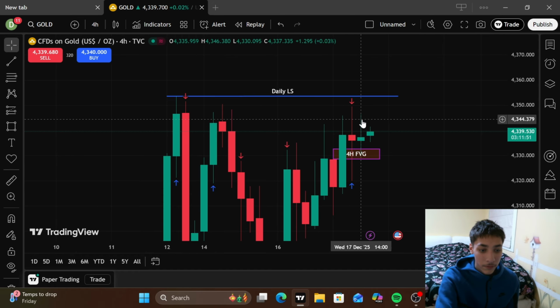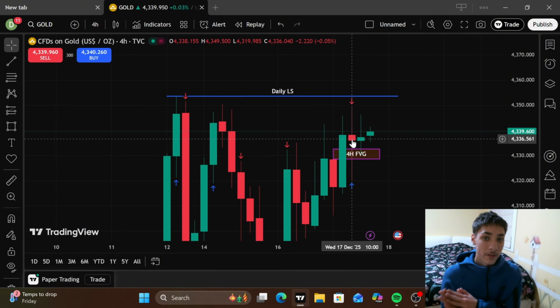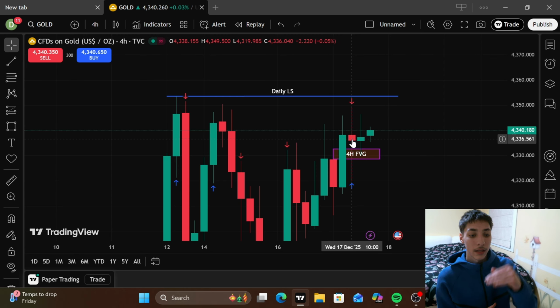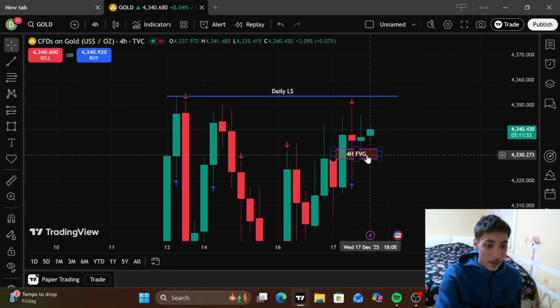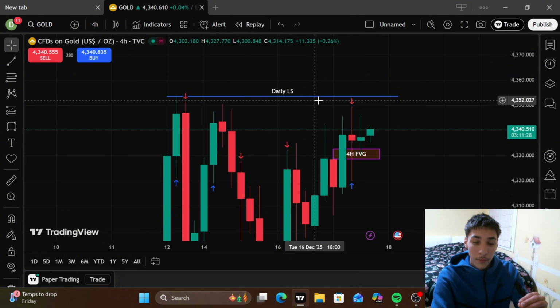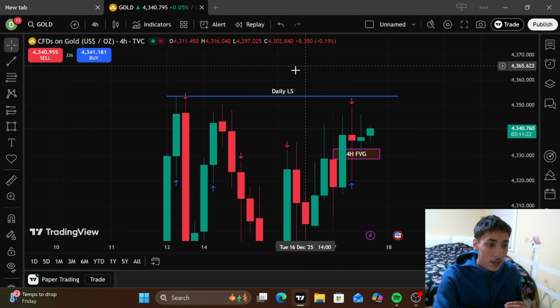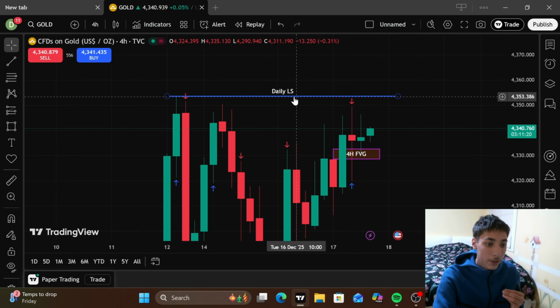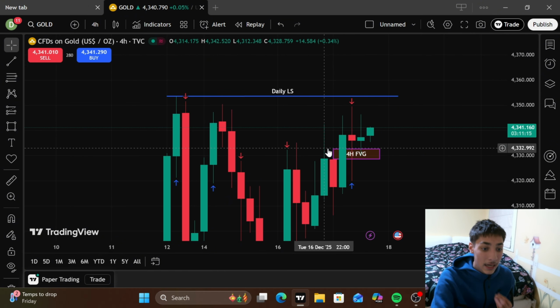If you guys know anything about fair value gaps, if price touches into fair value gaps, that's most of the time a price point where a candlestick can touch into that fair value gap and gain momentum. That's usually the purpose of fair value gaps, right? But obviously this was an invalidated fair value gap, so I had no real momentum bringing my trade up to this liquidity sweep, right? There's no true momentum for that, and that's why I strongly believe that I didn't hit my take profit